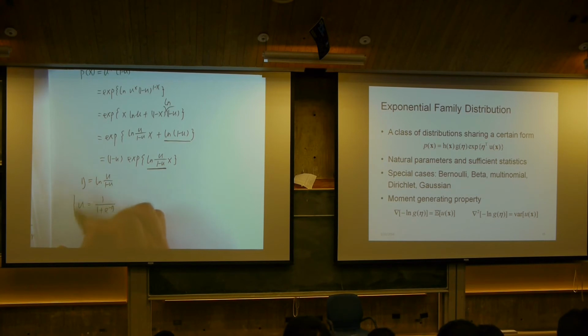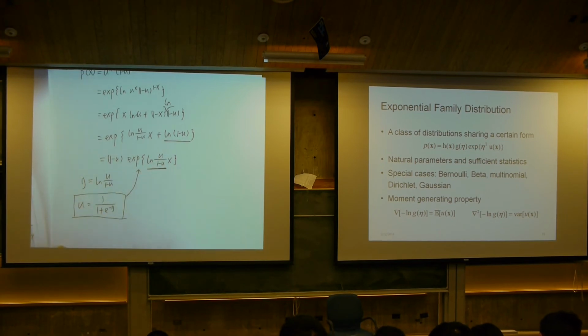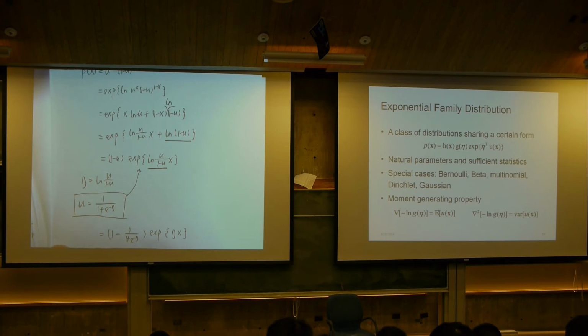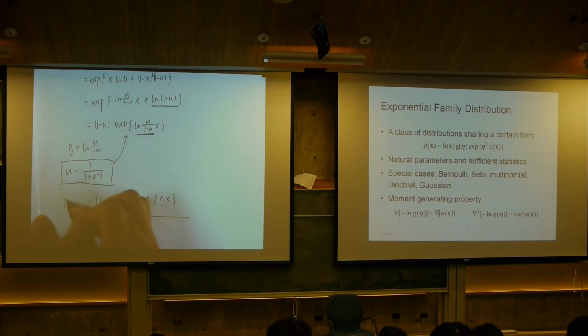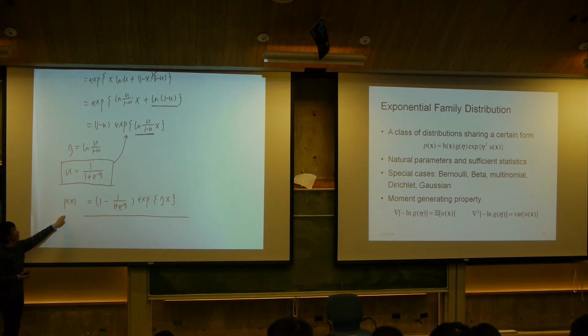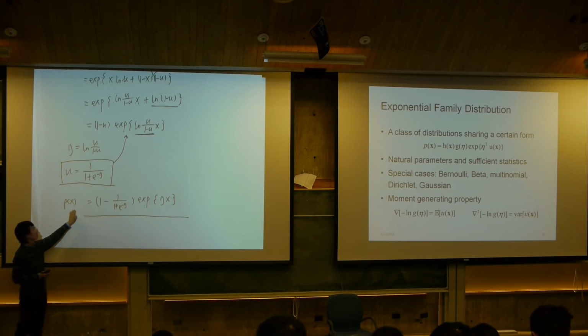Now we plug mu equal to this quantity into the original, and by doing some simple arrangement, we get a new form of the original mass function